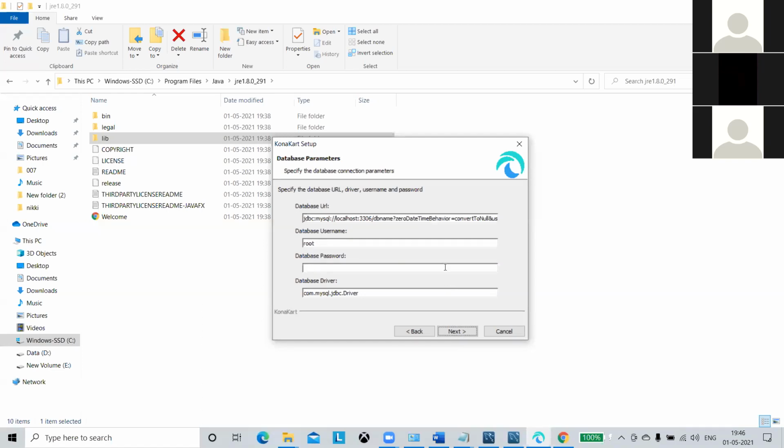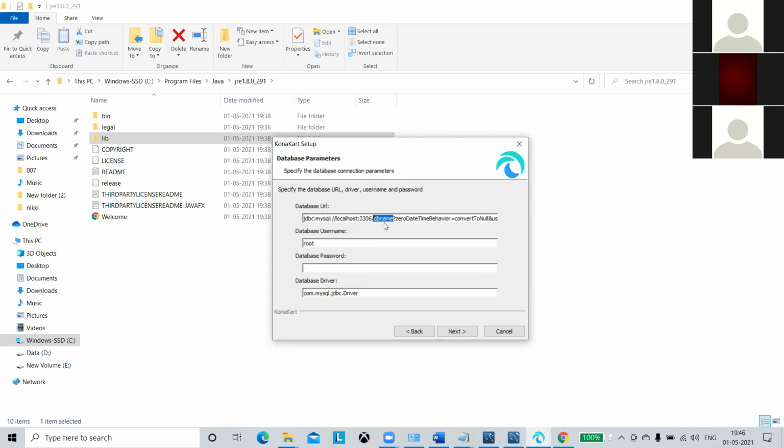Now, here, in the first field, the database URL, you have to give your Konakat schema in the place of DB name. Select the DB name, double click to select it.